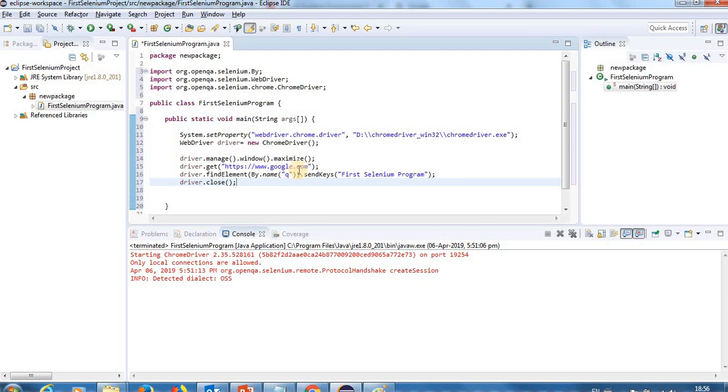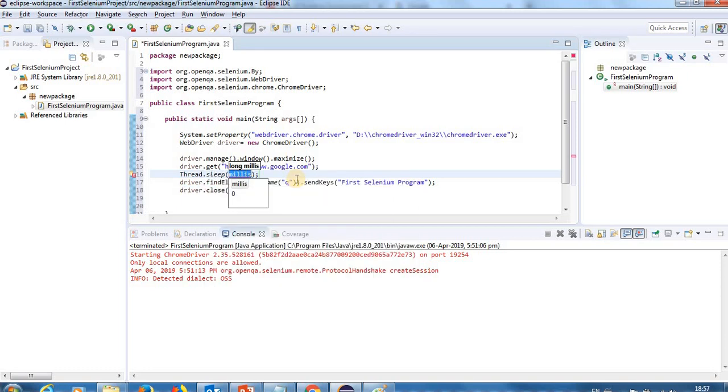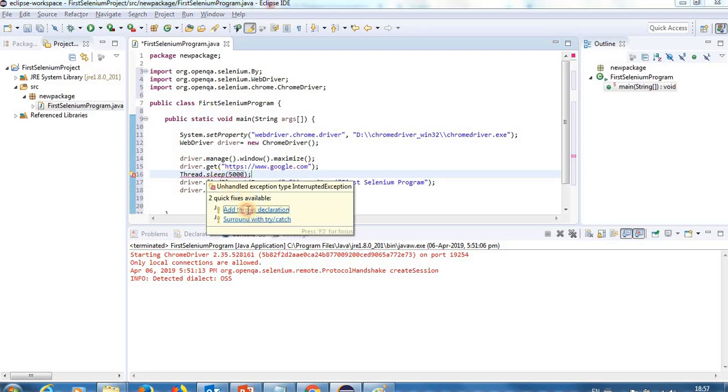I'll close my browser, and here I'll give some wait, so we can see it very slowly. It will ask to add a throws declaration.